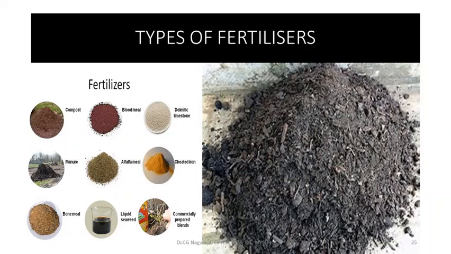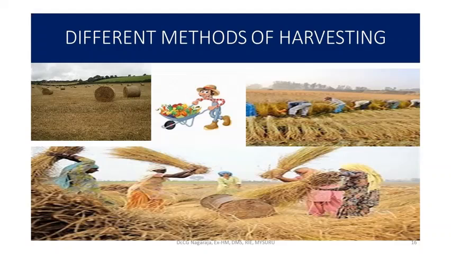Now fertilizers are shown here. There are different types of fertilizers, and this is the natural one that is taken from dead and decaying matter. This is normally called organic manure, and a large number of materials are added to it. This is compost, what's shown here. Dead and decaying matter is added into the soil and that becomes compost manure. There are different types of these, and you may have to study them in a special way.